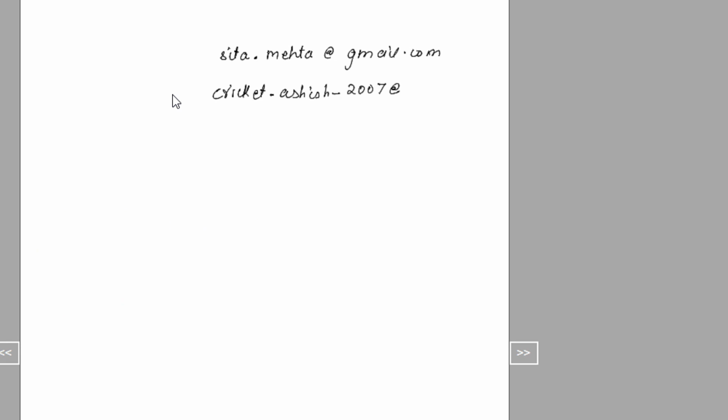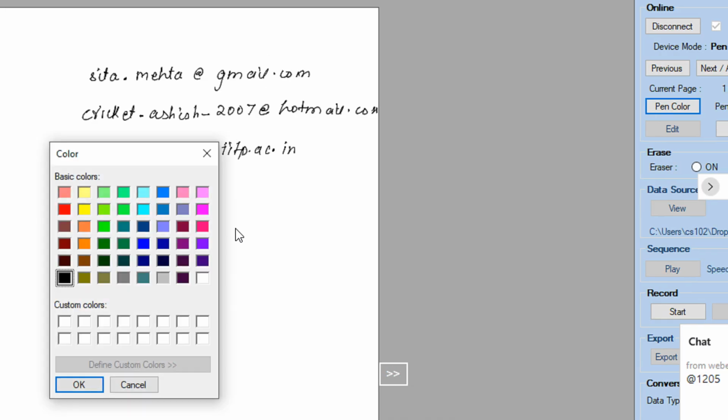cricket.ashish_2007@hotmail.com, right? You also have one like this, right? Let's say Ankit_1901me22@iitp.ac.in, right? So now you can see from a valid email address, let us try to debug how the regular expression will be.